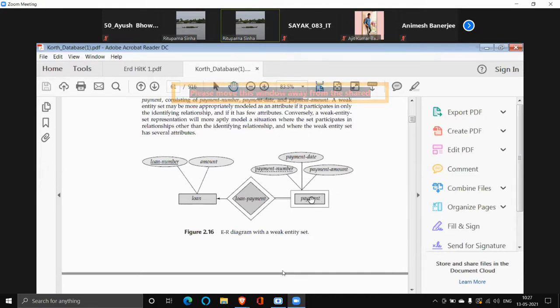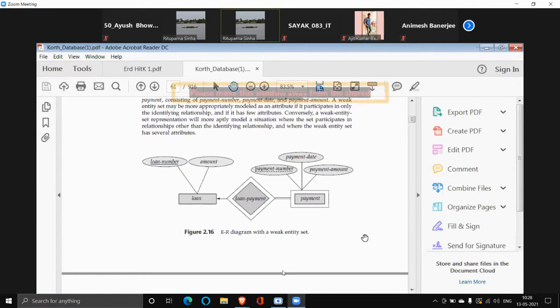In the payment, since payment doesn't have a primary key, what I will do is I will take the loan number from here, the primary key of the owner entity set, and attach it to the payment entity set. Suppose I have loan number 1, loan number 2, but against loan number 1, there will be several payments, isn't it? So loan number 1, payment 1, loan number 1, payment 2, loan number 1, payment 3, loan number 1, payment 4.